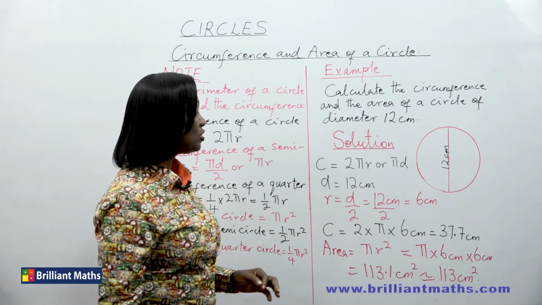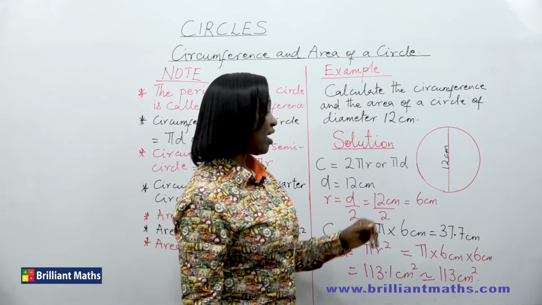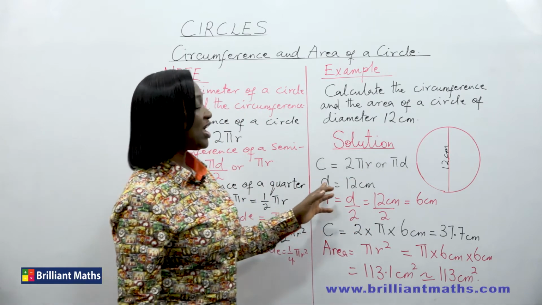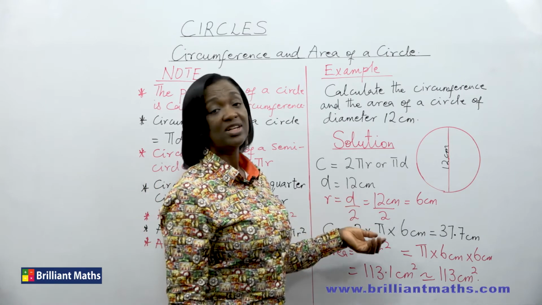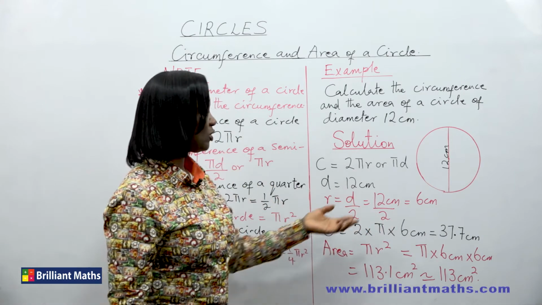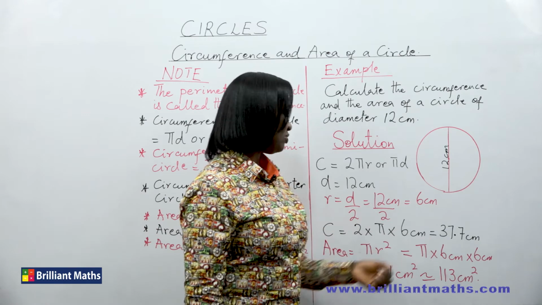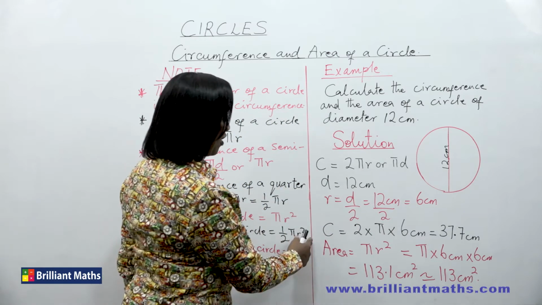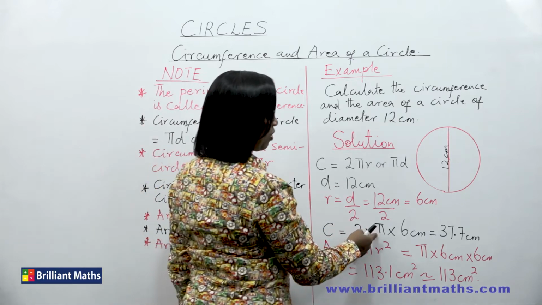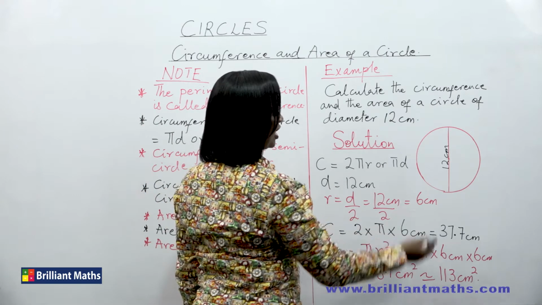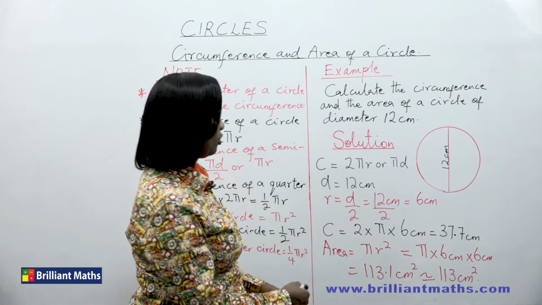I'll choose to use 2 pi r. So if the diameter is 12 centimeters, then the radius is 12 centimeters divided by 2, which is equal to 6 centimeters. The circumference would then be 2 times pi times 6 centimeters, and that will give you